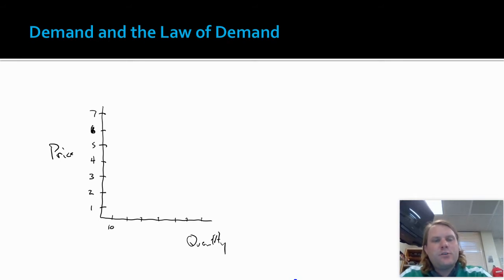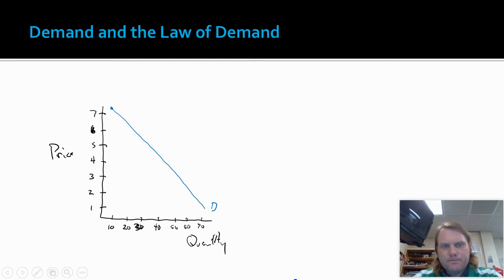All right, but again, a lot of times we somewhat ignore these numbers because we know the concept: as price goes up, we're going to demand less. But I'll put numbers on there just for visualization's sake. In our demand curve, as we just said, as the price goes up, so as we're up here, we're going to demand less. So in this case, we're talking about a lower quantity. Price goes up, we demand less. Now, as price goes down, we're going to demand a higher quantity. So our demand curve is always going to have a slope that is referred to as downward sloping left to right.